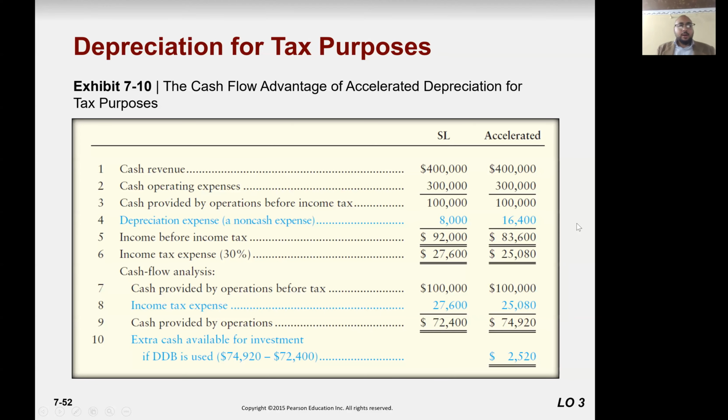Okay, class, welcome back after the break. Before the break, we talked about the 3 methods and their implications, which methods give you higher tax savings. Okay, our next slide is